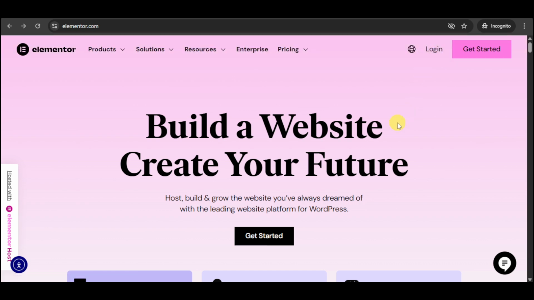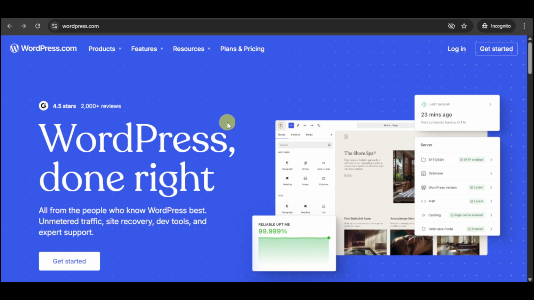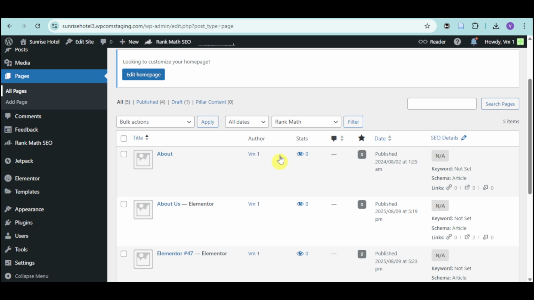Now we need to host this Elementor in WooCommerce or WordPress. Let's head over and choose WordPress and go to their website. Click on this Get Started option right here in order to create an account. But if you already have one, just head over and click onto this Get Started option that we can see right here. Now, I already have an account and I've already connected WordPress and Elementor together, and this is my